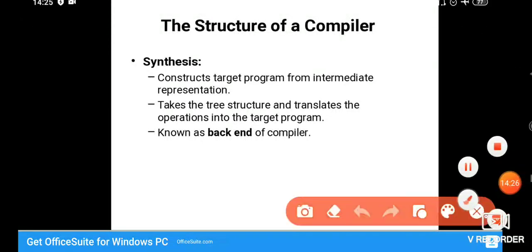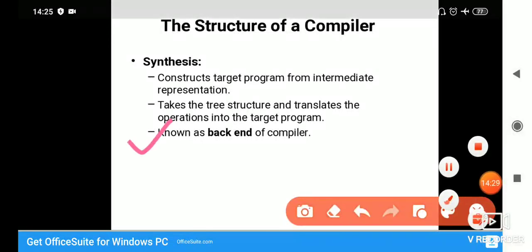Obviously, if we talk about synthesis, it will be called the back end of the compiler, because since there are only two parts, if one is the front end, then the other will be called the back end. If you go by the terms analysis and synthesis, you will understand more. Analysis means to analyze things, and synthesis means to construct or form, or rather, to execute.